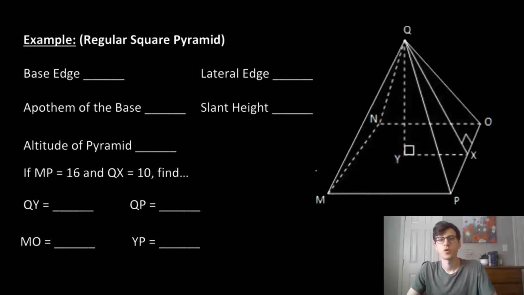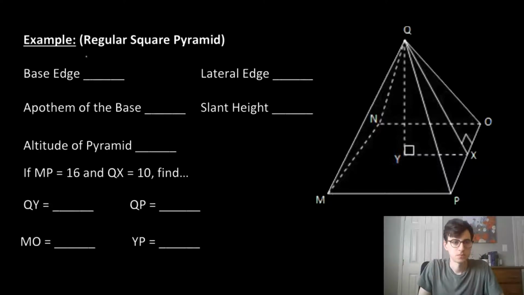In this example, we're going to deconstruct a regular square pyramid. So this is a pyramid that has a square for the base, as its name would suggest. Okay, so we're just going to define a few things. A base edge is the side length of the base. So in this case, that would be